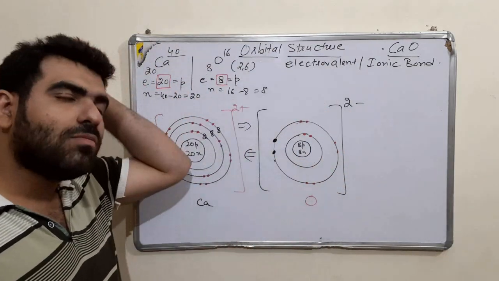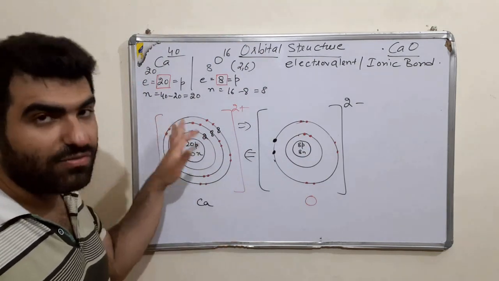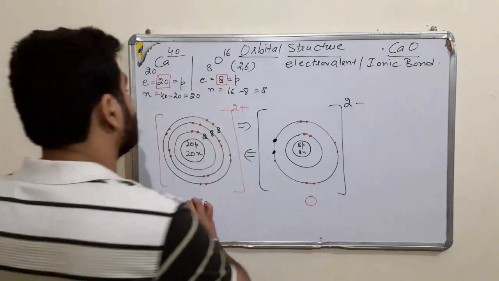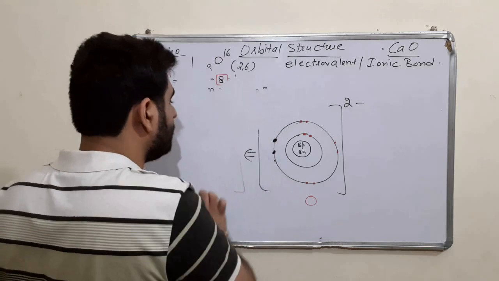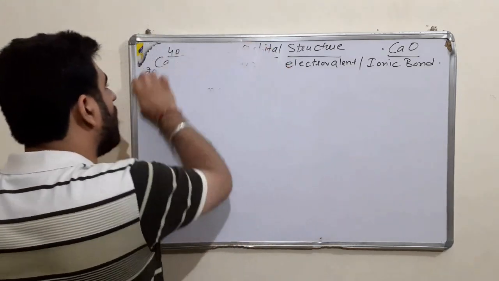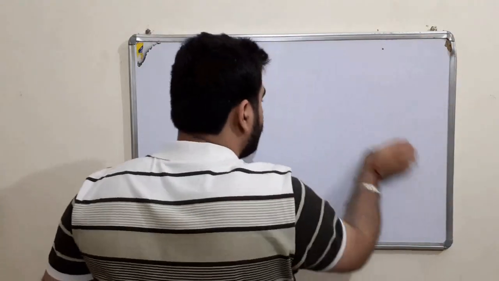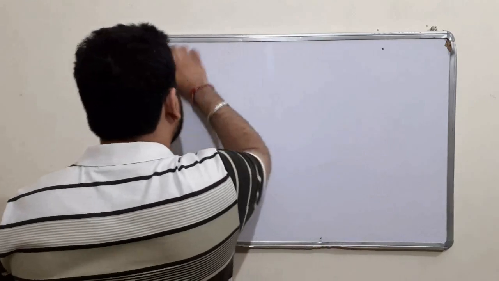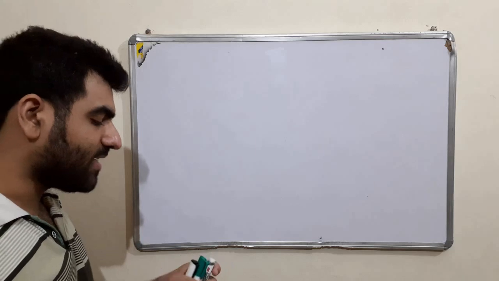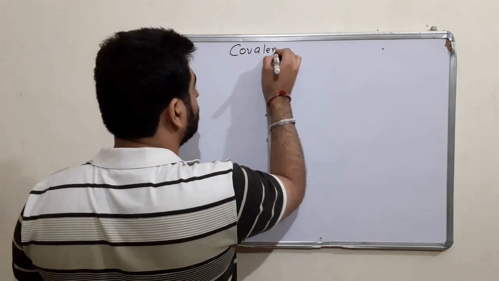So instead of this, most of the questions are on the basis of the Lewis dot structures, which we have discussed in detail in the previous video. So this was the orbital structure. Now we are going to start with the next bond formation, which is the covalent bond. Till now we have discussed the electrovalent bond, which was formed due to the transfer of electron. One was metal, the other was non-metal. Here we are going to start with the covalent bond.